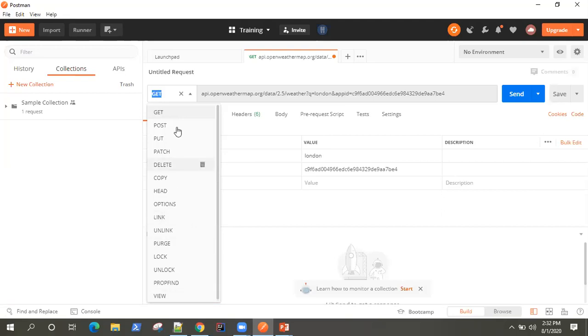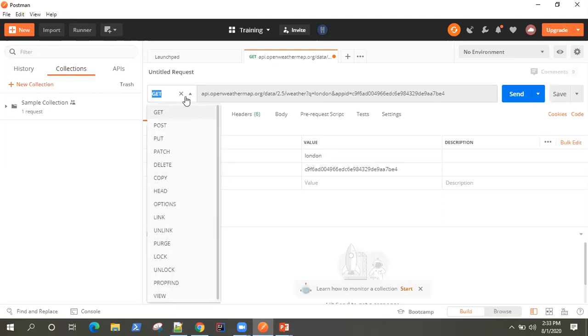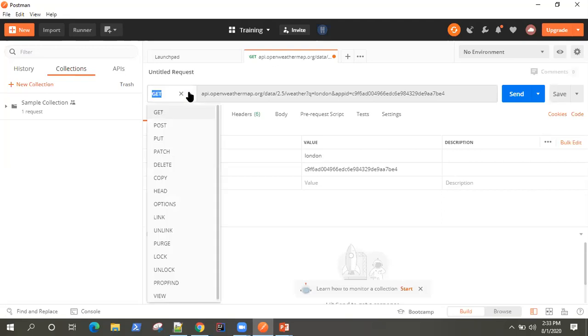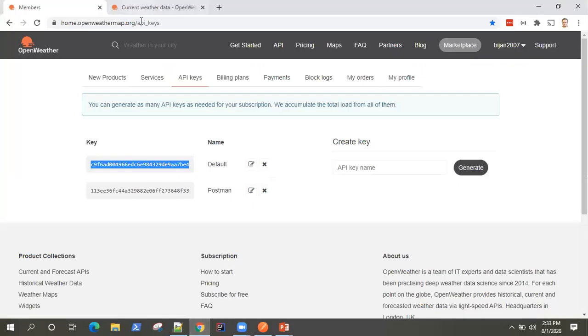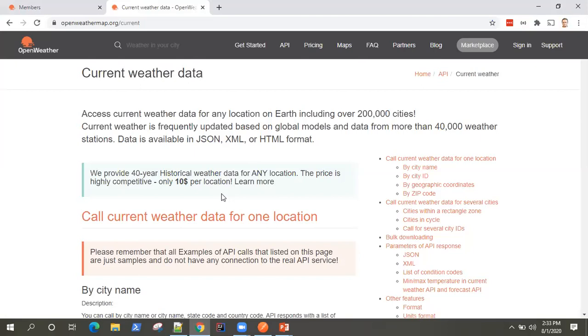You can also create your own custom request type in Postman, okay? So this is how you can choose your request type. Currently we have chosen the GET request type because our API is of GET request type, so this is a GET request.